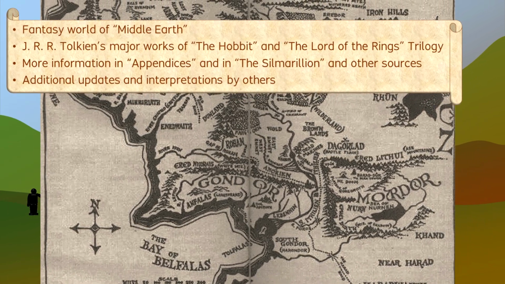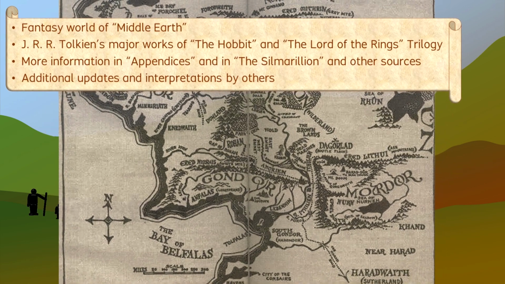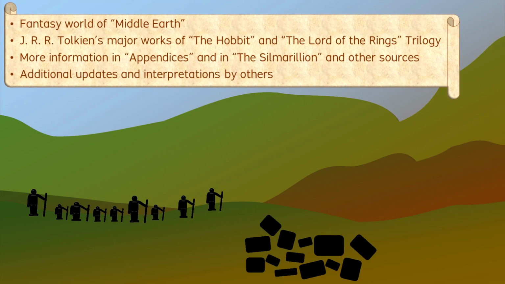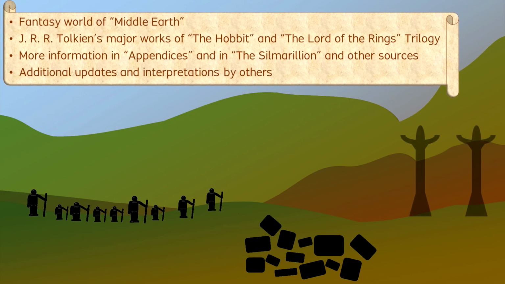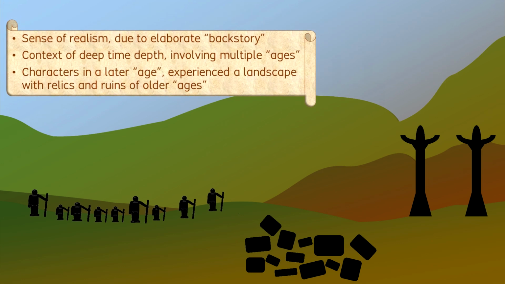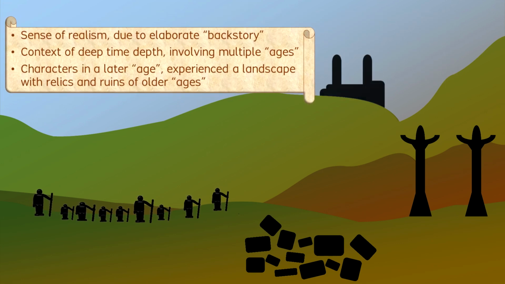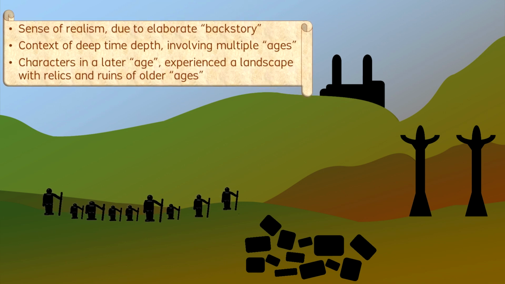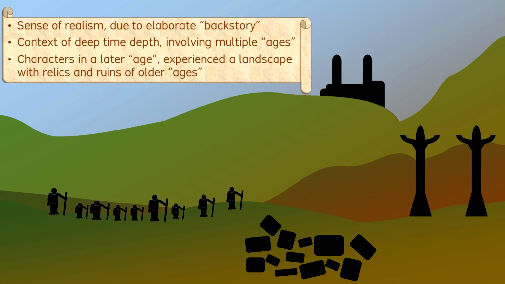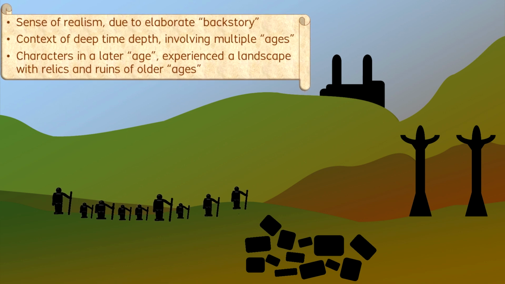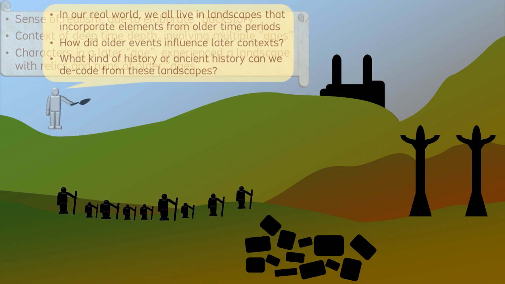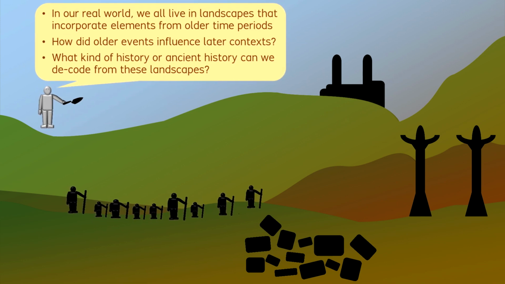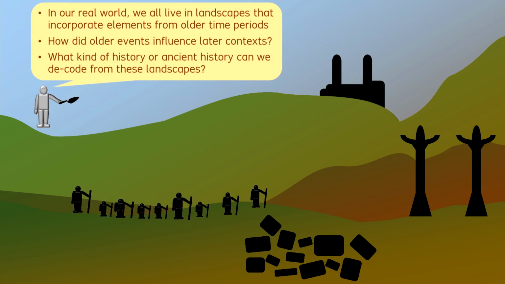When the characters, such as Frodo Baggins and others, explored different parts of Middle-earth, then they encountered relics and ruins of towers, statues, tombs, and other constructions from ancient time periods, still surviving in the landscape that they observed during their lifetimes. Tolkien himself was familiar with a landscape in England and in Europe that incorporated the physical remnants from multiple layers of the medieval era, the earlier Roman Empire, and older periods.